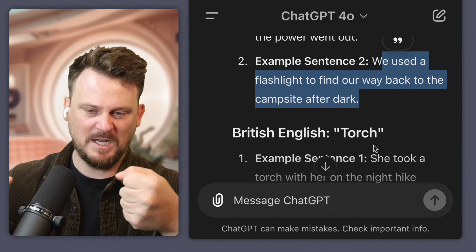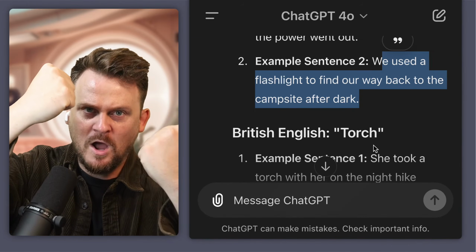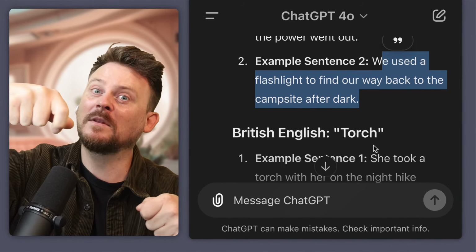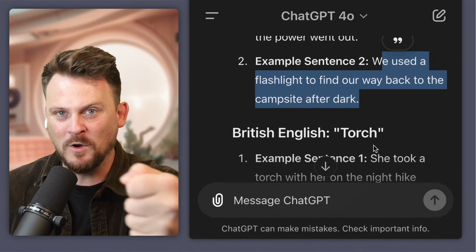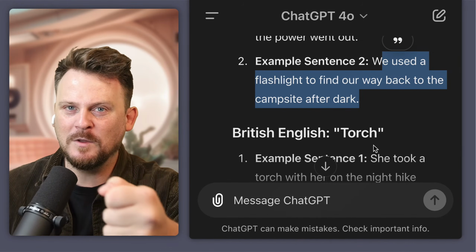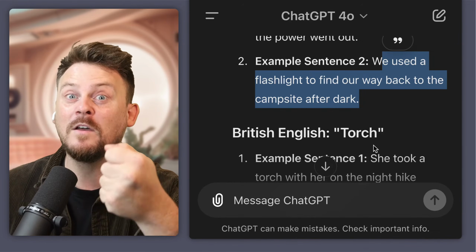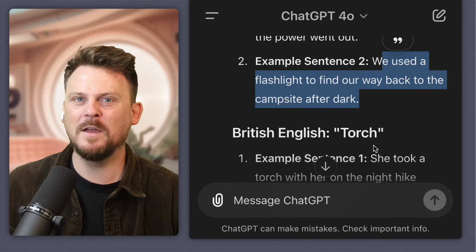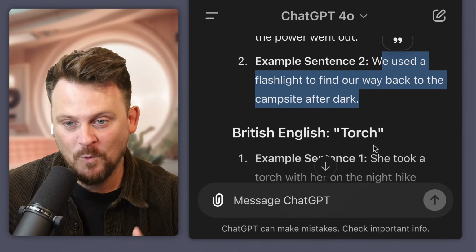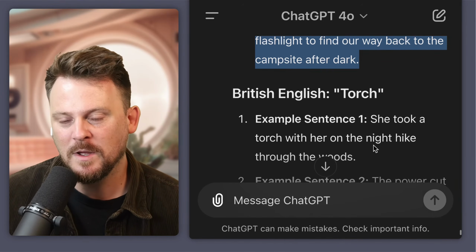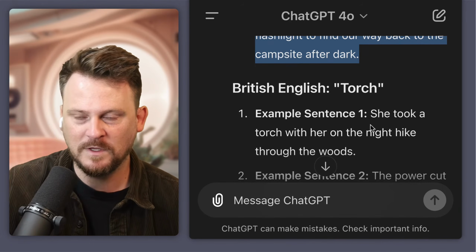So you have a stick or a piece of wood, and you tie a piece of cloth to the end of it, and then maybe you have some lighter fluid, and you put that on the cloth, and then you light that on fire, and you're sort of 800 BC in a cave style, looking around with fire in your hand, like from a movie in a jungle or something like that. And they use that same word in the UK to describe what I would call a flashlight, the thing with the switch.